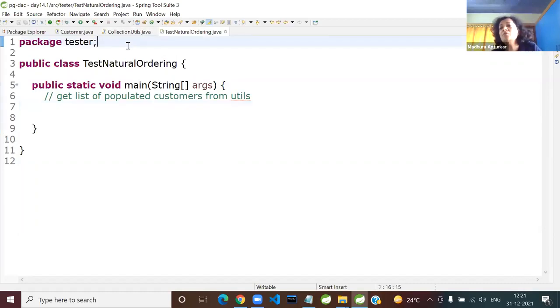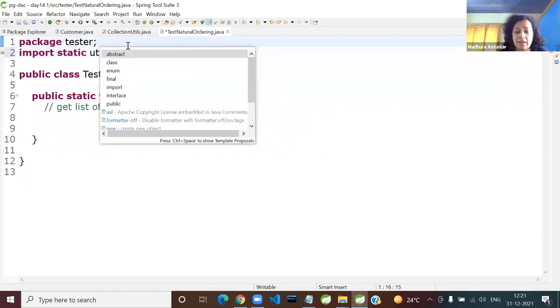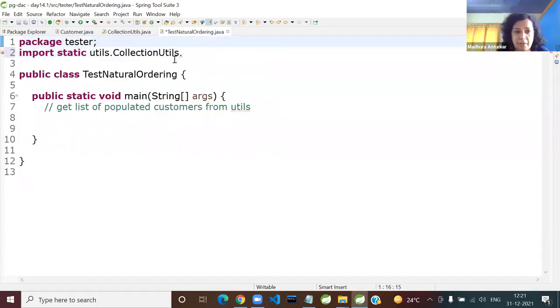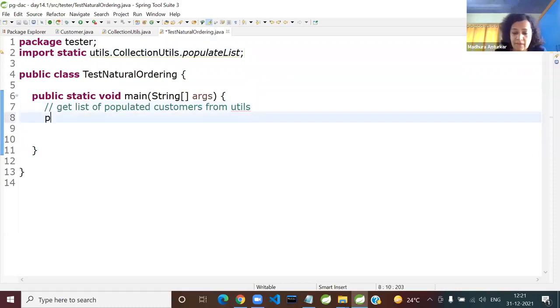Again, the shortcut is to use import static, fully qualified class name, utils. Just hit control space, guys, CollectionUtils. And here you got a method populateList. Just call that method populateList, which returns you the ArrayList of customers.